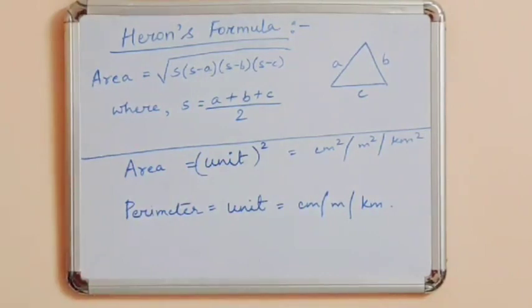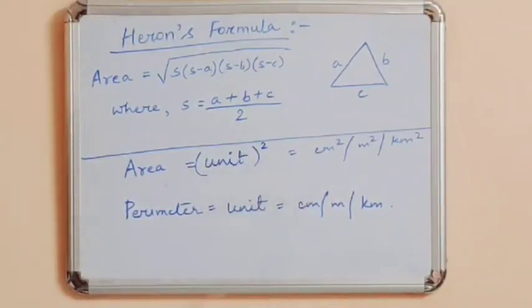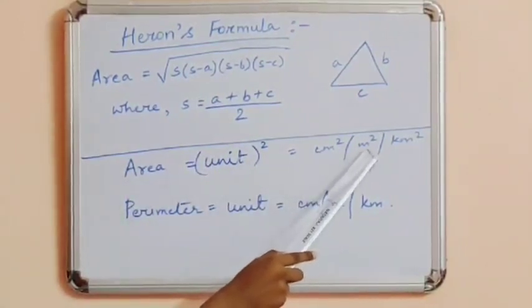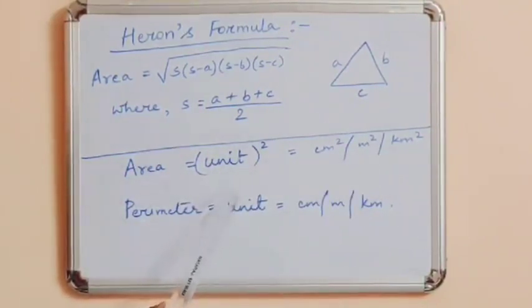Now, I forgot to tell you one thing, that is, in case of area, we always put the square of the unit, and in case of perimeter, we just write the unit as it is. Suppose the values are given in centimeter, whatever the magnitude might be, say 10 centimeters square. If you got the value 10 centimeter, you just write 10 centimeters square in case of area. If it is meter, write meter square. If it is kilometer, write kilometer square. Whatever the unit is, we have to make the square of the unit in case of area, and in case of perimeter, write the unit as it is.